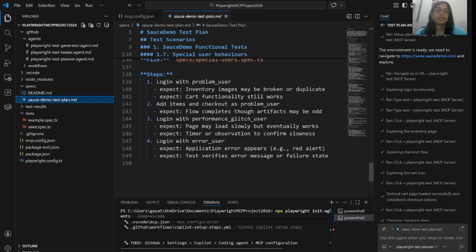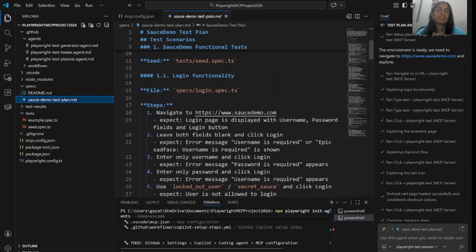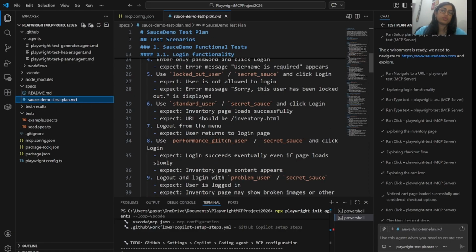So all these are the test plans it generates for you. This takes very little time actually. If as a human being you go there, navigate a website and then understand it, you take some time, but see how beautifully it gives you the test cases in a very minimal time. So this is the beauty of this. This planner agent is doing this task. Basically it planned and gave you the test cases.